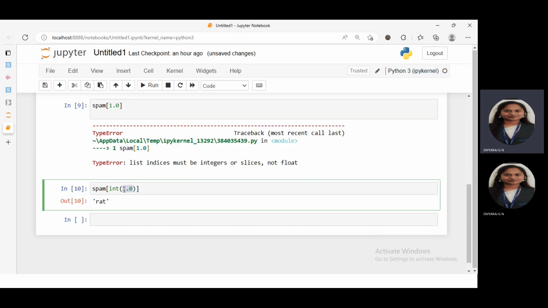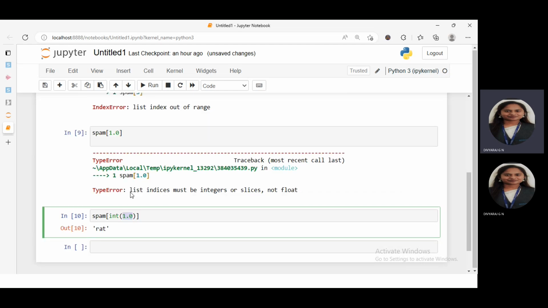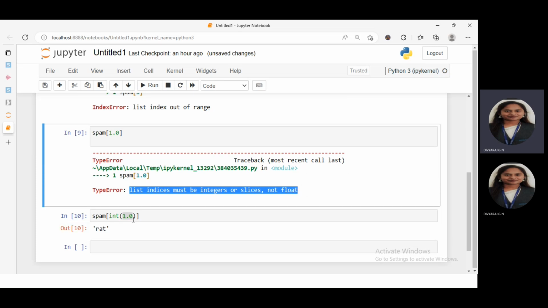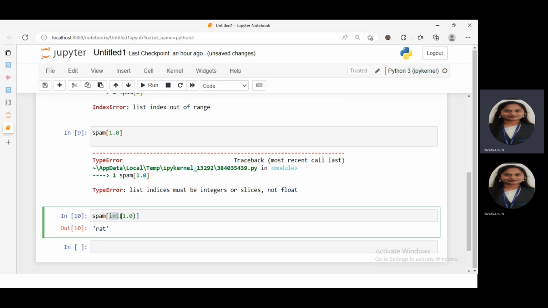I am giving a float inside. Just now we got an error of list indices must be integers or slices, not float. But how come you are getting output? Guys, see here, there's a type conversion. This is the concept of type conversion. You are converting a float type into an integer, and spam of an integer. So int of 1.0 will be 1,